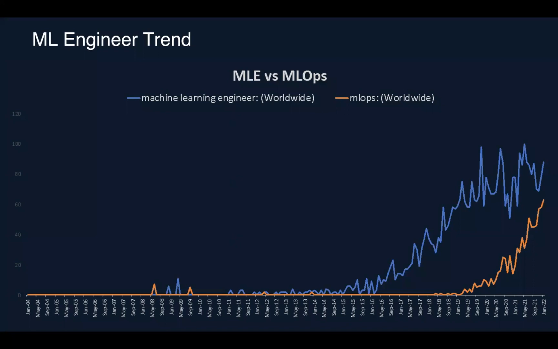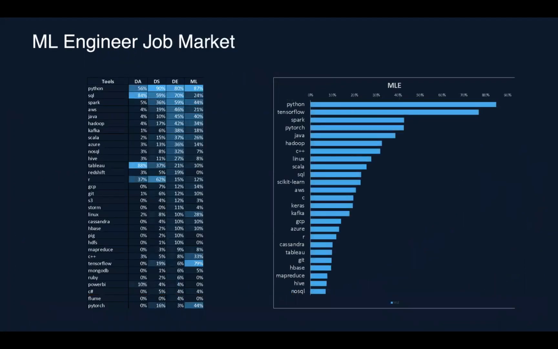But at this point, I think it's a little bit confusing because in some companies, the title is just ML engineers, and you have to do a lot of DevOps and software engineering as well. And in some companies, it's the other way around. If you look at the skill set, right? This chart here just compares the different kinds of skills required for different data-related jobs, right?